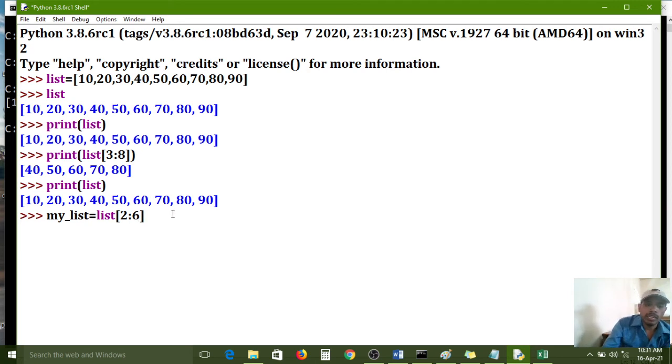The last element is excluded, right? So that's why. Now print my list. You can understand everything. So if you want to split a previous list into a sublist and store it in some other variable, the slicing operator is very useful. If you want to access some part of the elements in a list, the slicing operator is also very useful. Slicing is an operation to fetch the data.